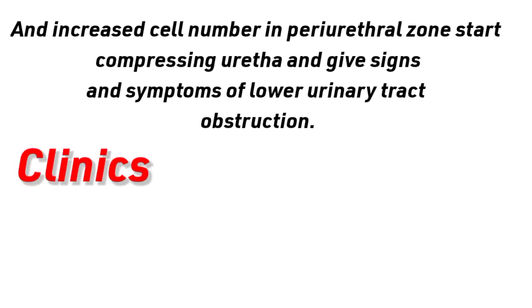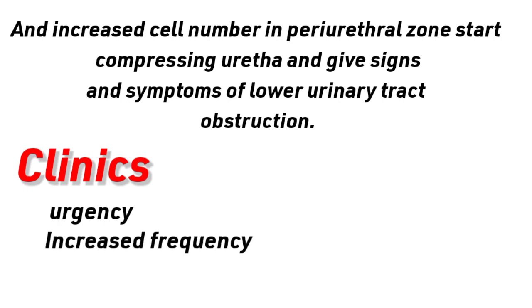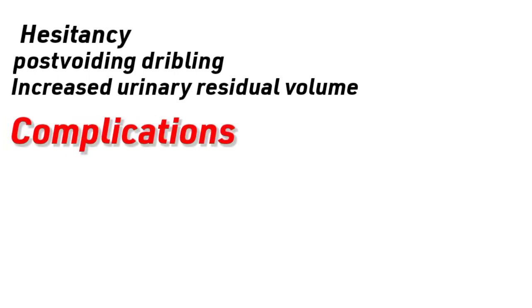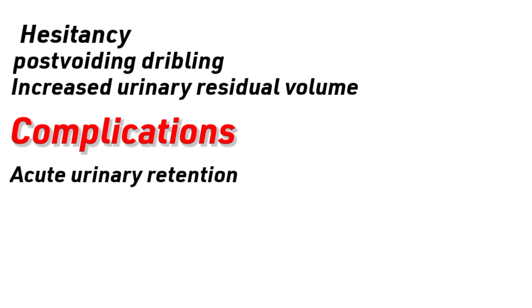If we talk about its clinical features: urgency means strong desire of urination, increased frequency means increased number of voidings, dysuria means painful urination, hesitancy means difficulty to initiate urination, post-voiding dribbling means dribbling after micturition, and increased residual volume means incomplete emptying of the bladder. Complications of benign prostatic hyperplasia include acute urinary retention, meaning sudden retention of urine, and hematuria, meaning RBCs in the urine,